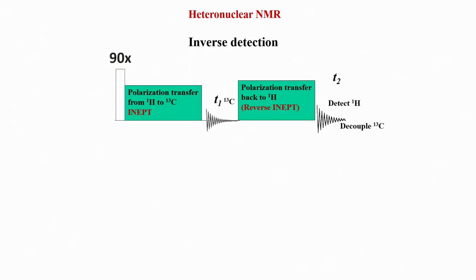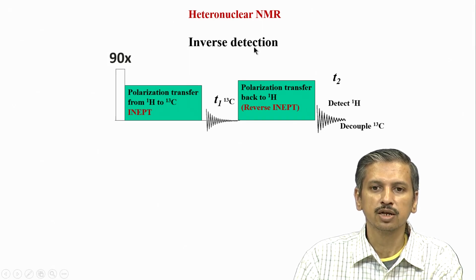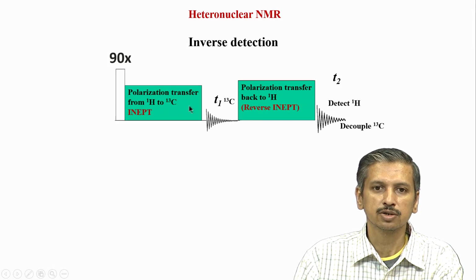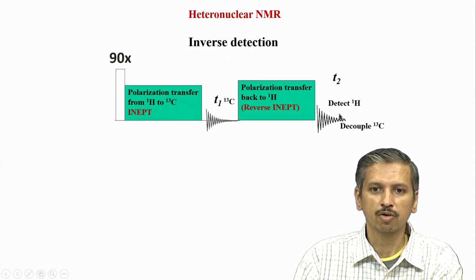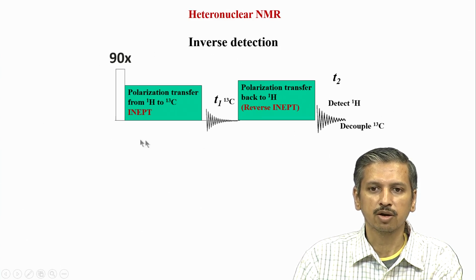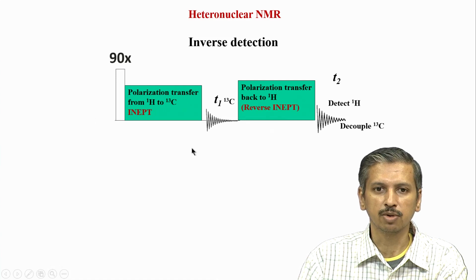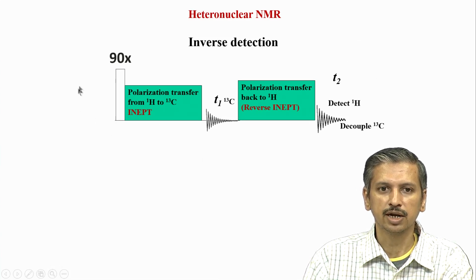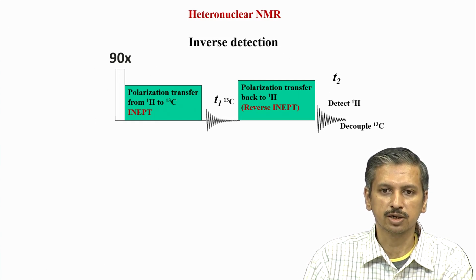So, now let us look at this inverse detection which I alluded to in the previous slide. How do we carry out that experiment? This is shown here. First let me give you a broad overview of this experiment, because it is very important in this course to have a grasp of how this works. I would suggest you pay a lot of attention to this particular type of experiment, which will continue in this class and the next class, and we will also take this up when we go to 3D NMR. Without understanding these ideas, it will be very difficult to appreciate how heteronuclear NMR can be used for protein structure determination.